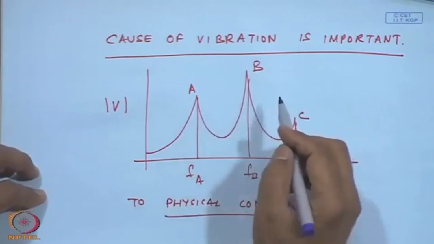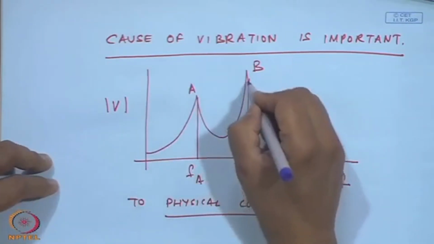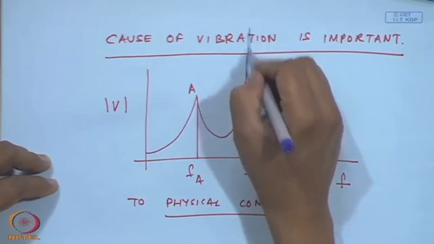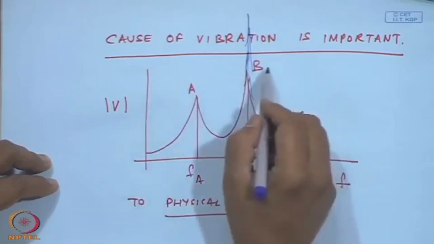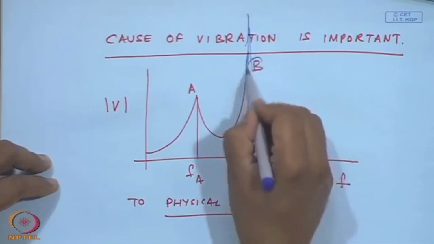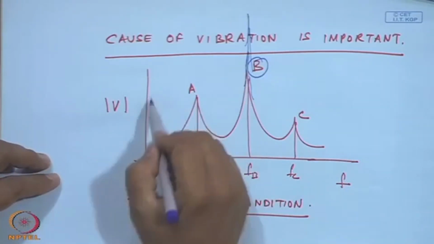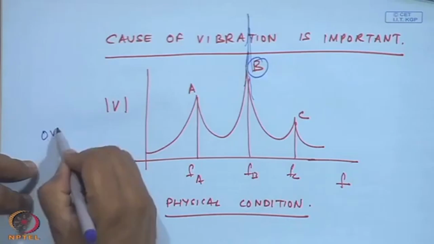For example, if I was doing vibration monitoring in this way, I will be suddenly alarmed if this B was increasing. I will know that at all recordings my B levels are increasing. So, something is wrong with B. This would not be possible if I had just seen the overall level,